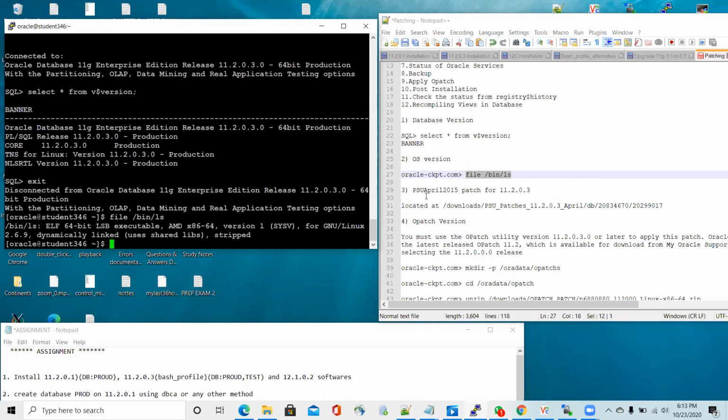So the third thing is to locate the patch on 11.2.0.3. So it's in the download